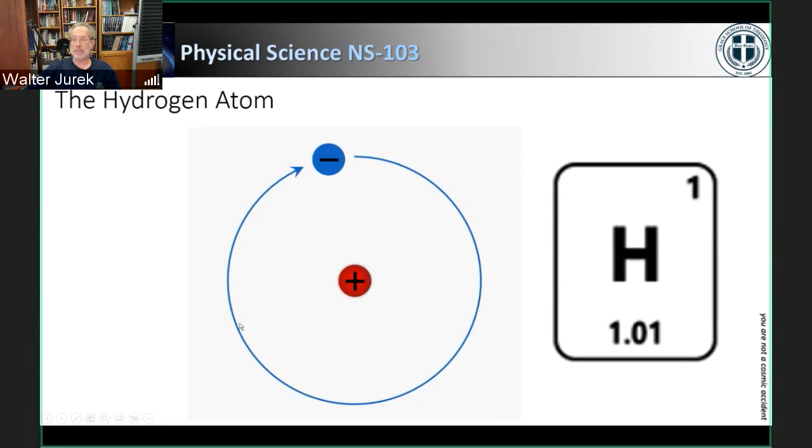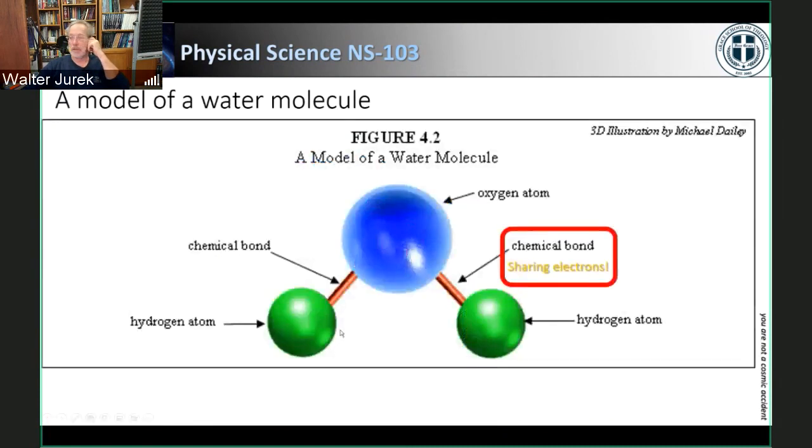And then hydrogen. Hydrogen is number 1, which means it has 1 proton, so its atomic weight is 1. Now, I mentioned the chemical bond. They're sharing those electrons. Now, because oxygen is a much bigger atom, in essence 16 times more massive by weight, these shared electrons,